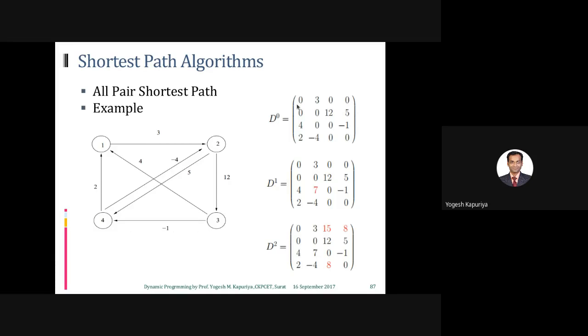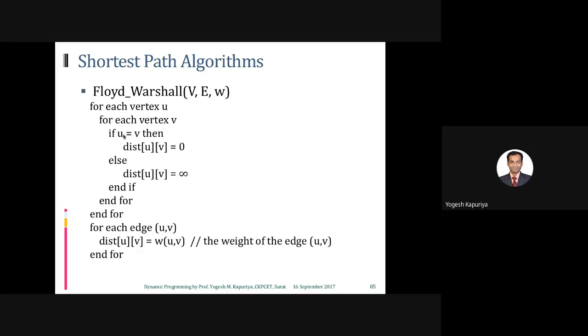If you want to visualize that, it looks like this. There are 4 vertices, so you have a matrix of 4 cross 4. On each row you have a vertex, on each column you have a vertex. If u is equal to v, that means you are dealing with the same vertex. Obviously, when you are dealing with the same vertex, the distance is 0. So distance of u to v is equal to 0. And as this is an initialization, for every other pair the distance is infinity, because we are not aware of the minimum distance. So let's initialize with infinity. This is my initialization, these two for loops.